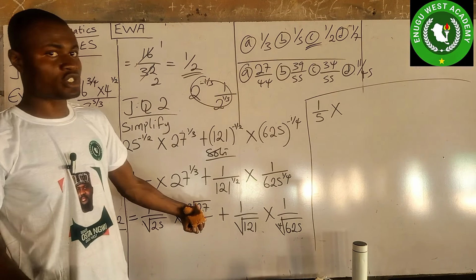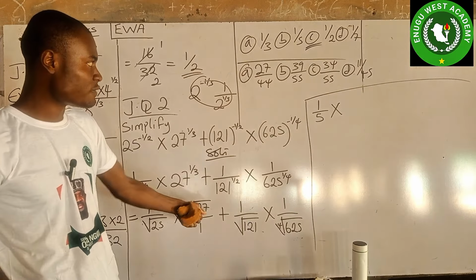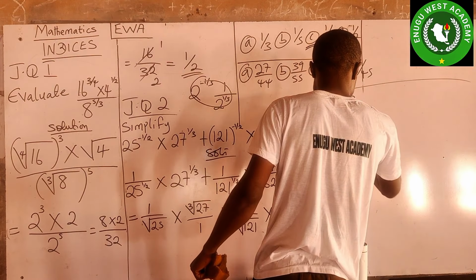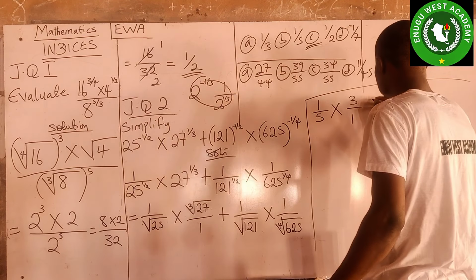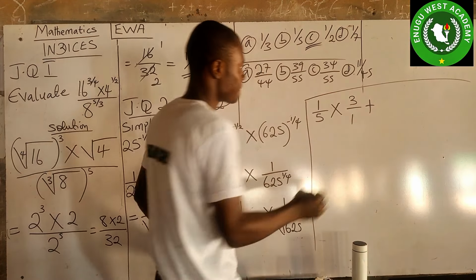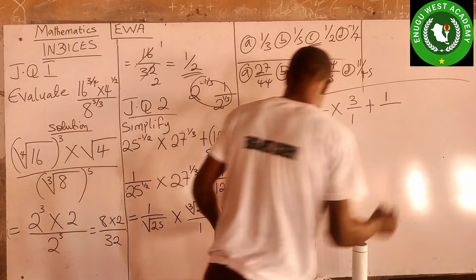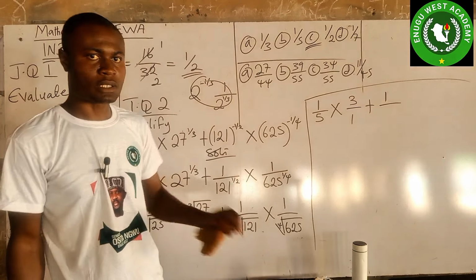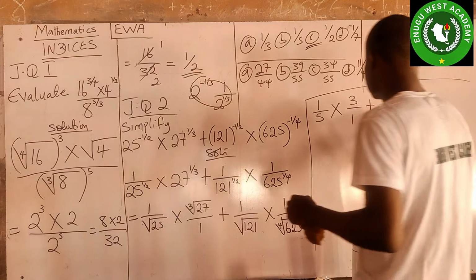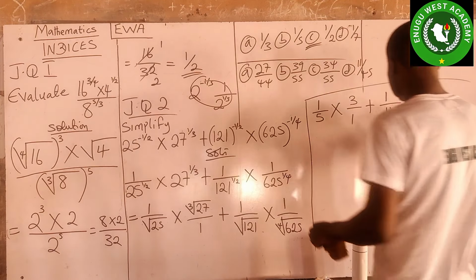That is cube root of what? 27. Cube root of 27 is what? We know that it is 3 over 1. Now, plus, see the plus? 1 over. What is the square root of 121? We know that it is 11. Square root of 121 is 11 times